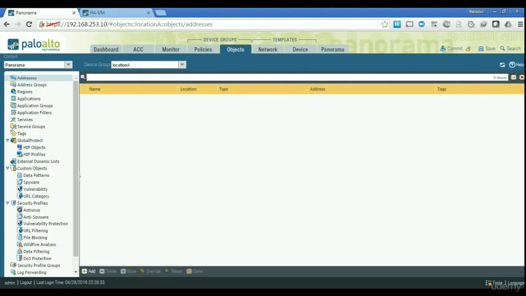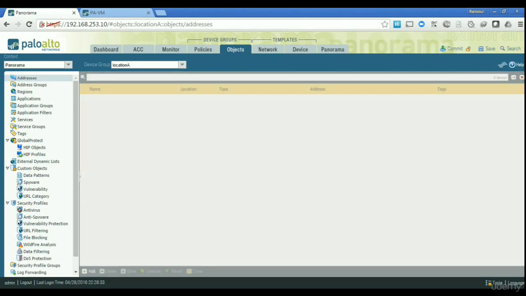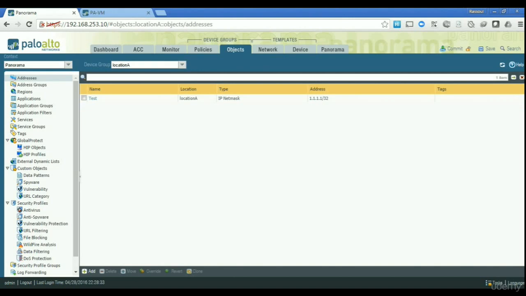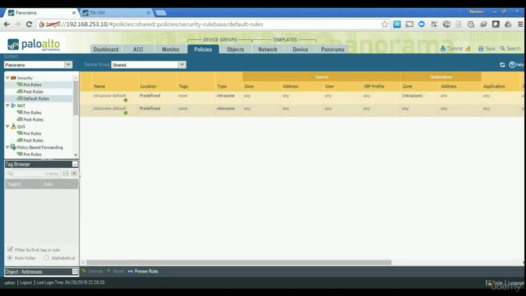You could go to objects, for example. If you have multiple locations, you could choose different locations here, and you have the ability to have different sorts of configuration of different objects for different device groups. I have only one device group here, so in device group A, I'm just going to create a new object, call it test, and give it an IP address of 1.1.1.1/32. So that's the object that I created,